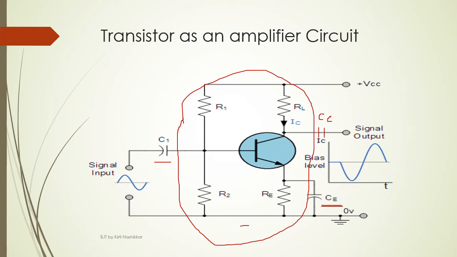This circuit is only one stage of the amplifier circuit, and if we want a two stage or three stage amplifier, then we have to connect the same circuit with this coupling capacitor, and that circuit starts from this position. Now this coupling capacitor acts as the input capacitor for the next stage of the transistor amplifier. Okay, so in this way we can cascade a multi-stage amplifier also by using the coupling capacitor.